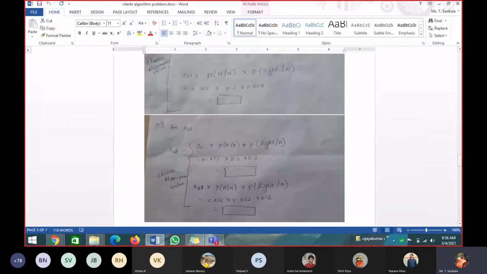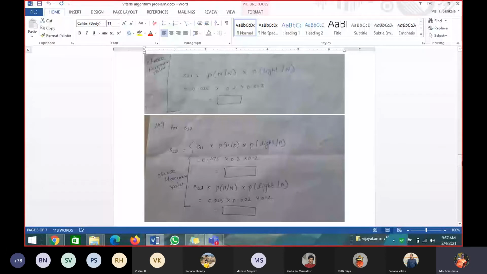For S22 also we have the S11 combination and the S21 combination. Yes or no? Yes. Can you tell me S22? From the S11 combination, S11 into P of adjective given determiner into P of light given adjective. Very good. What is the second combination? S21 into,